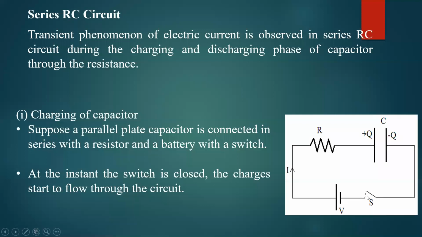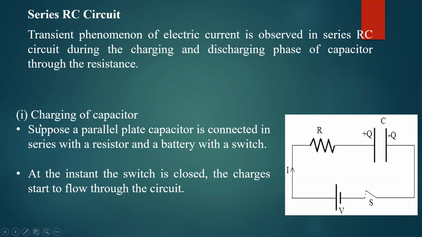So what happens when you switch on the battery? When you put this switch on, current will flow through the circuit and capacitor starts to charge. The charges will start to accumulate. Capacitor charging means charges start to get stored on the capacitor. On this plate, positive charges will get stored. On the opposite plate, opposite charge, negative charges will get stored. And this charging of capacitor is controlled by this resistor, because resistor controls the current. Okay, and you know that current and charge are related by the expression I is equal to dq by dt. We'll come to know that.